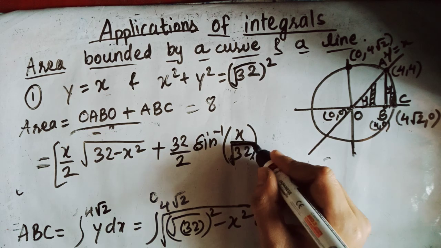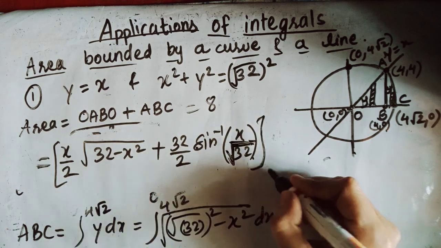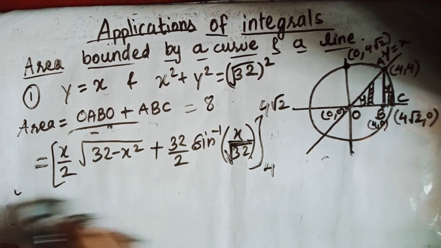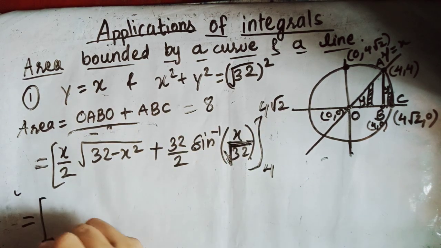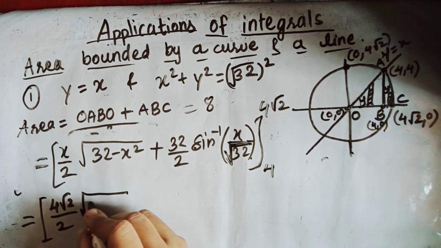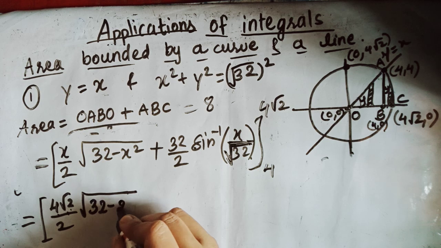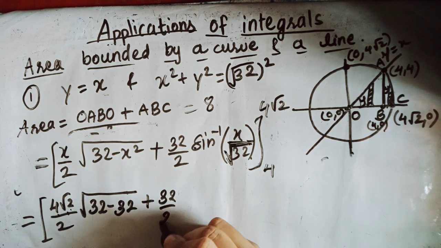Yeah, root 32. Okay, and this is moving from 4 to 4 root 2. Now you have to substitute the value of x. So first you have to substitute 4 root 2 in 2 under root of 32 minus x square. 4 root 2 square: 4 square is 16, root 2 square is 2, so 16 twos are 32. This comes as 32 plus 32 by 2